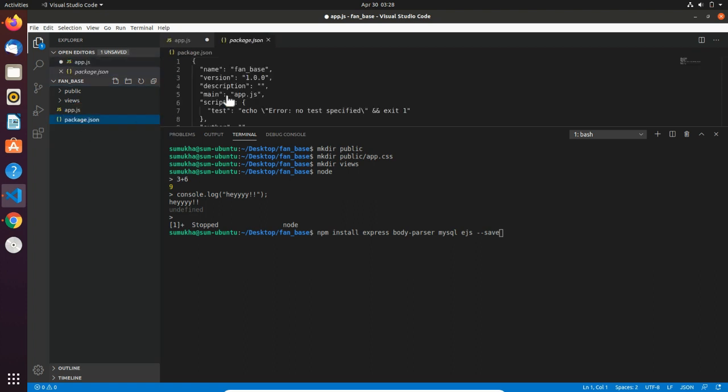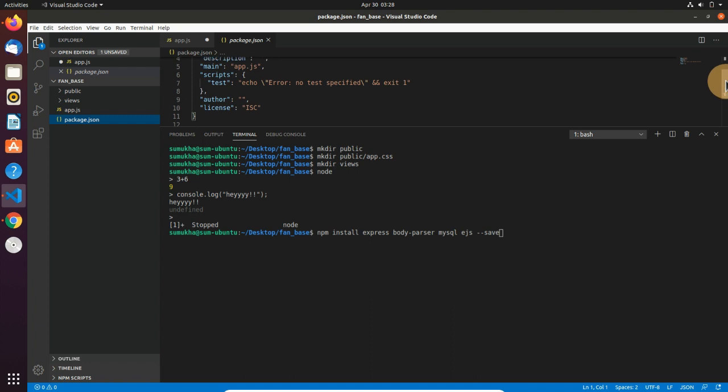I'll just open this package.json. This appeared when we did npm init, if you observe. So now if I press enter, you should see the change here.